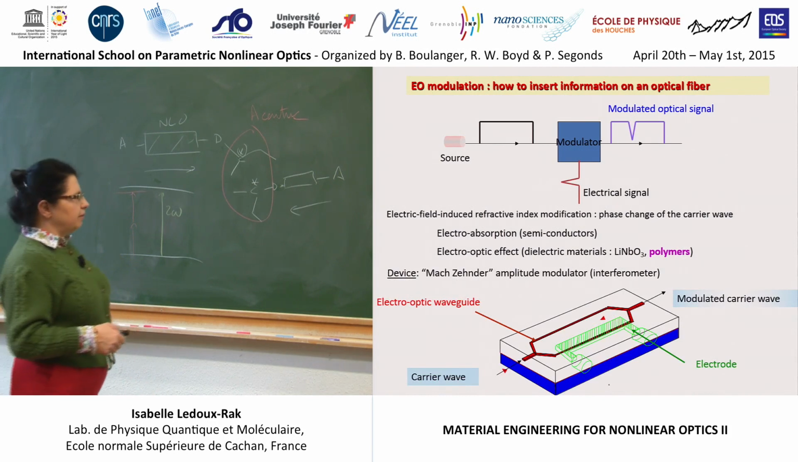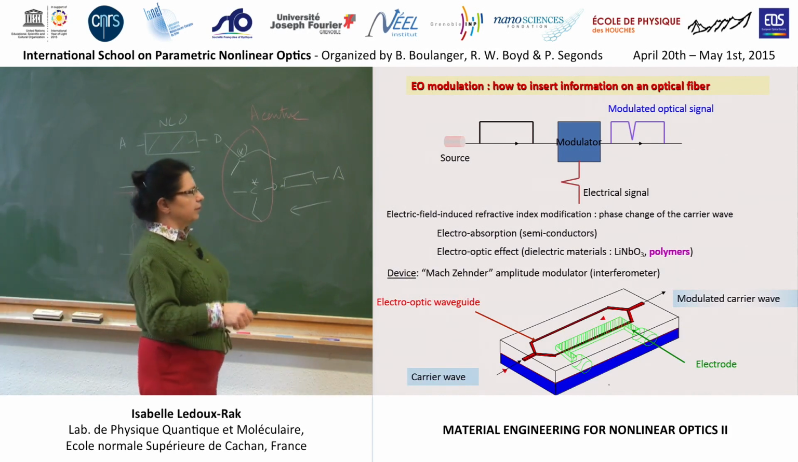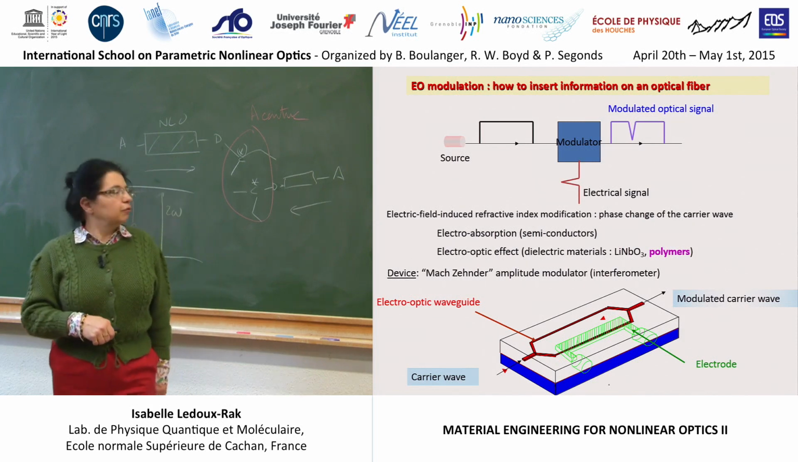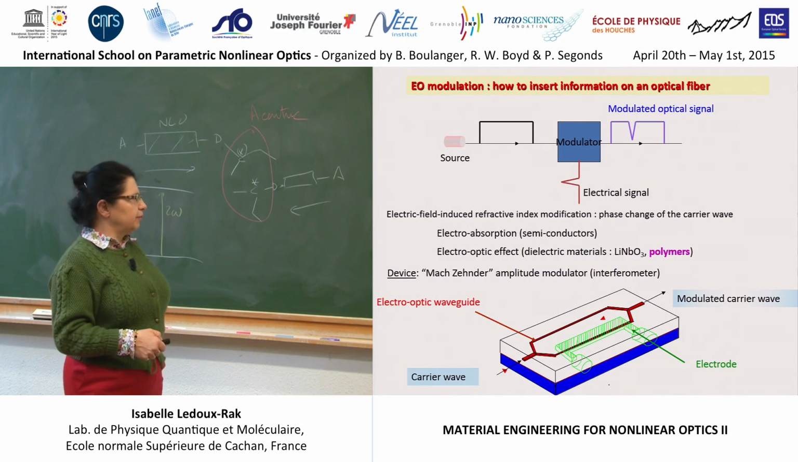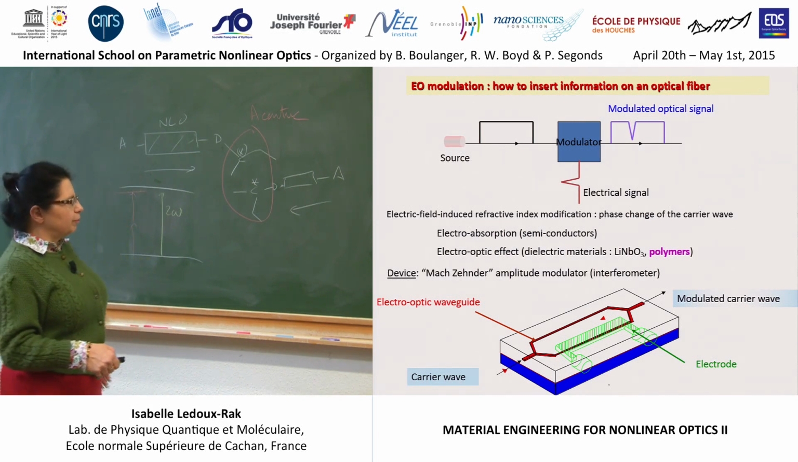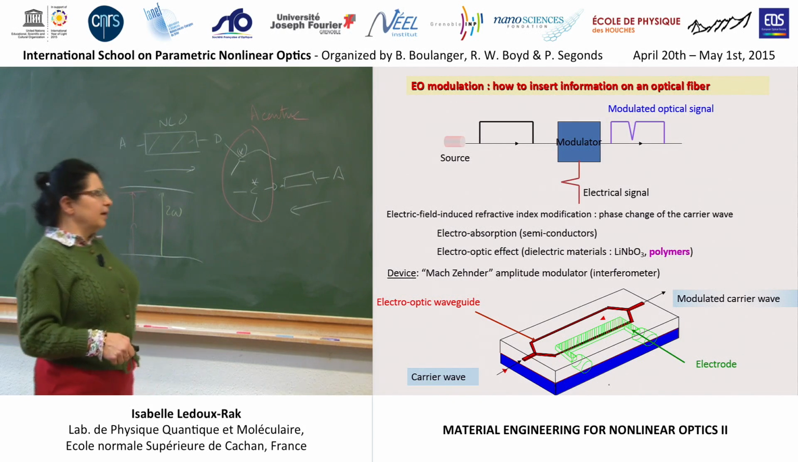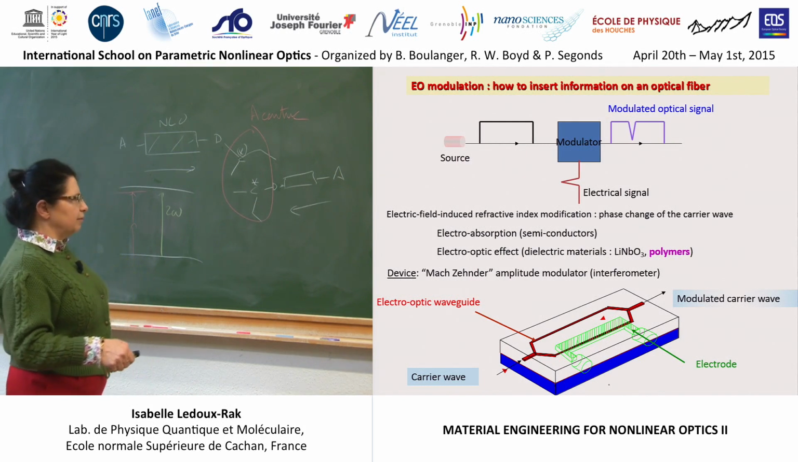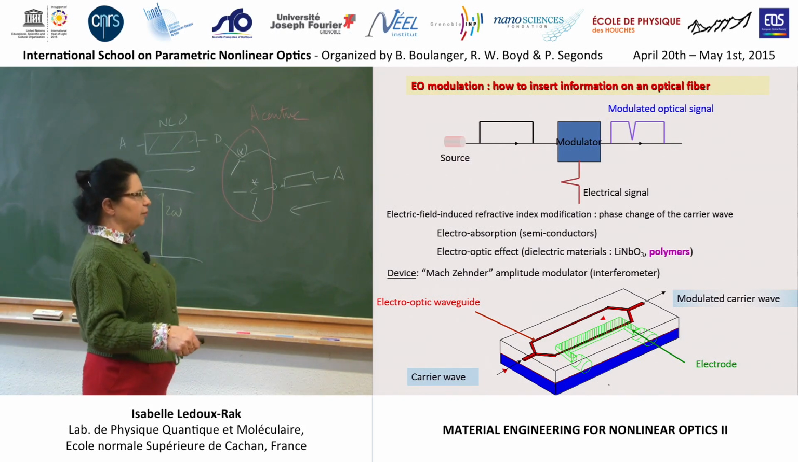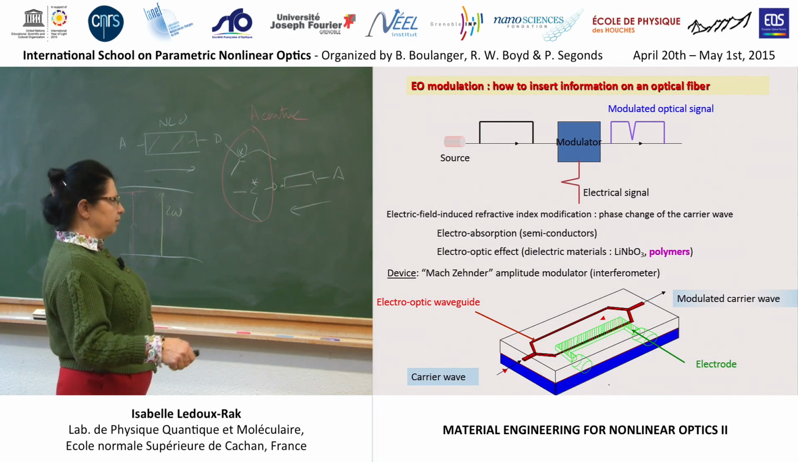The most popular device is the amplitude modulator. We will see some small details about phase modulators in the following, but the most popular is the amplitude modulator because it works without requiring additional polarizers, and it's a classical interferometer which transforms two waves with a different phase into a signal